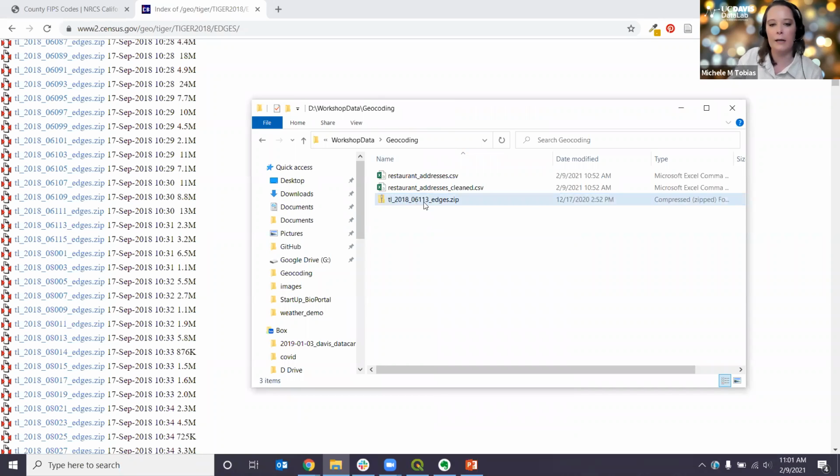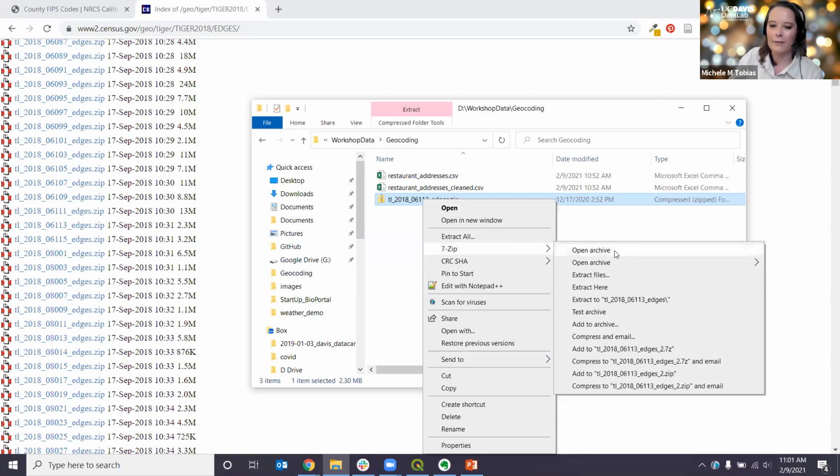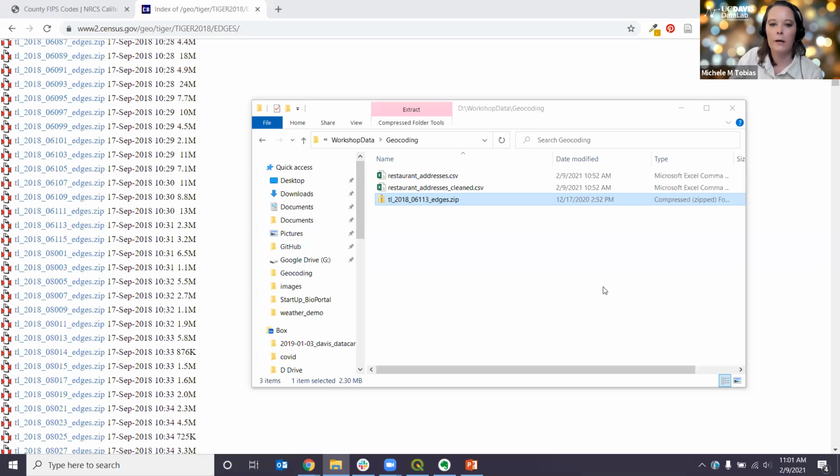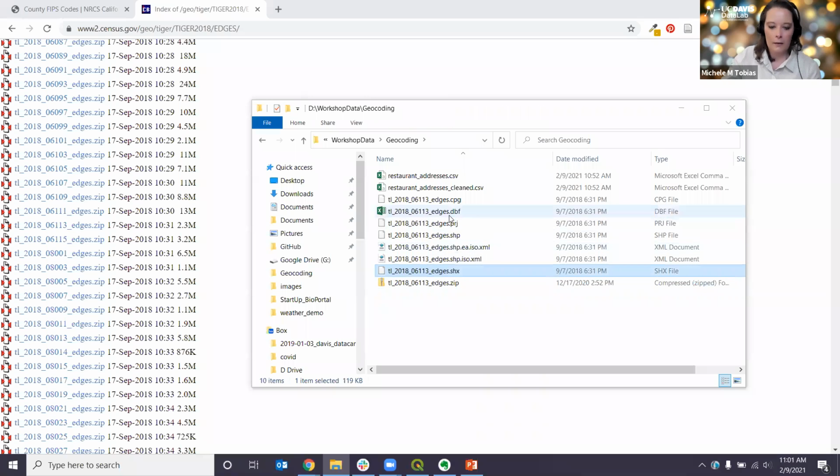So we do need to unzip this data. If you navigate to where you've saved it, I have 7-zip, but you can use whatever tool you want. I'm just going to extract my files here and put them in the same folder. You can put them in a separate folder, however makes the most sense for your personal organization. So when I unzip it, because we've got a shape file, and shape